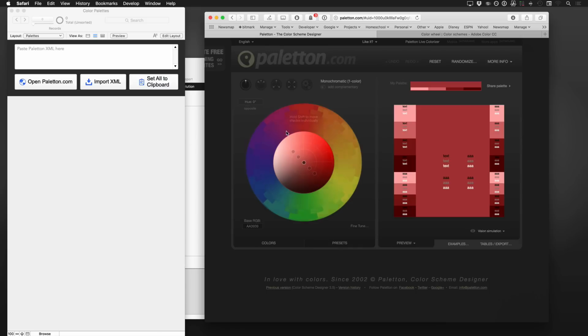So first, let's go over the tool itself. So Paletton, you're typically going to choose a primary color. Once you've chosen your primary color, you can then choose all of your supporting or accent colors based on what you're going to design. Now, currently I have a monochromatic theme setting right here. And what I like about this Paletton tool is the way that it allows you to choose colors. You can see over here we've got this display where my primary color is here in all of the different